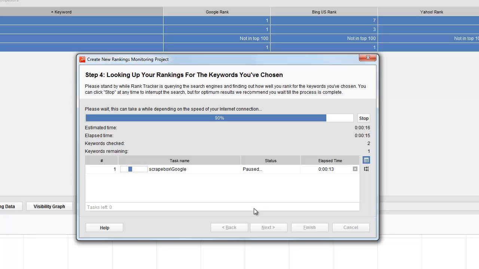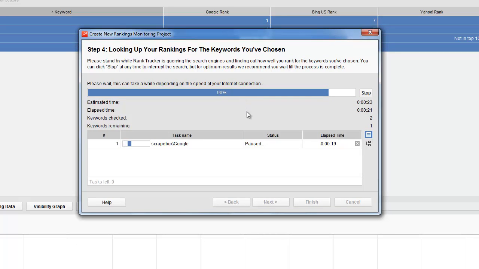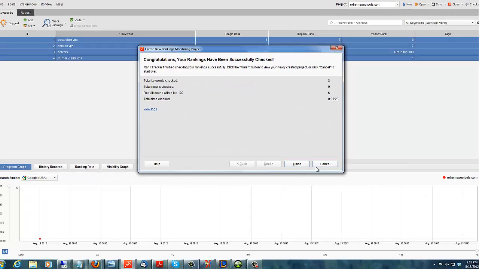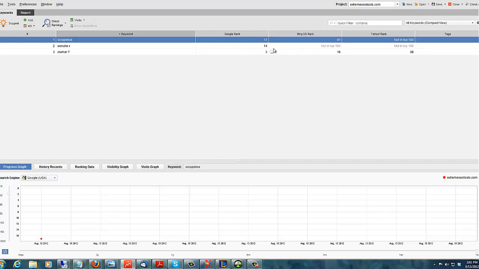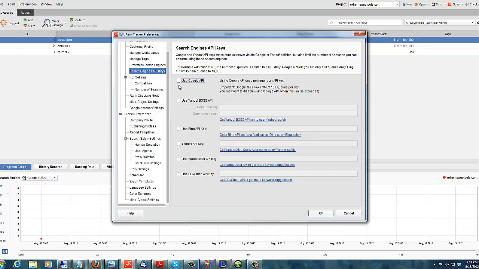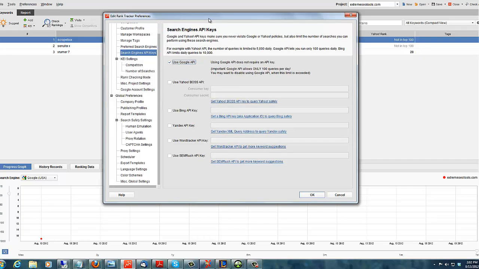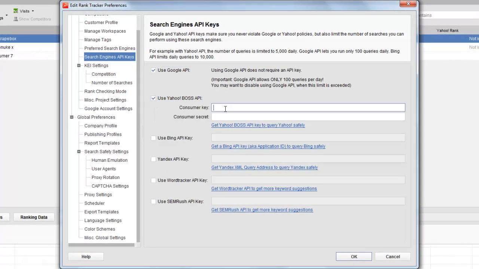And one thing I wanted to show you, which I'm getting a lot of people asking me about, is how come it's not showing results? Why am I not seeing this? It's not showing me any ranks there. Well, the reason for that is because you have to go to API here, because you only get so many queries every day, and since you're on the server where there's other users, there's going to be a lot of them, so you have to go up here and put your API keys in,